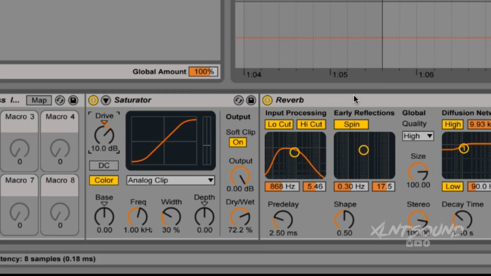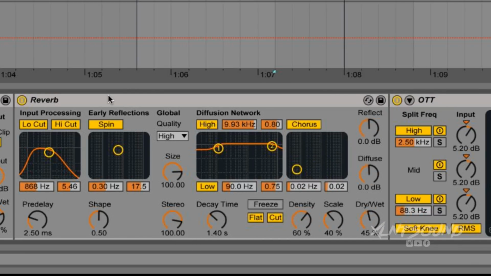Next, this is the big thing about the sound. It's the reverb that I was talking about. So let's go ahead and get over to the reverb. I have low and high cut on both. So it's kind of like this area of the frequency band, which I've been really liking using reverb around here. I used to just cut the lows of the reverb, and now it's kind of like a mid reverb, which is really nice. Gives it a nice room sound, I feel like. That's a good technique. Pre-delay is stock at 2.5 milliseconds, shape at 0.5, size at 100%, quality on high,